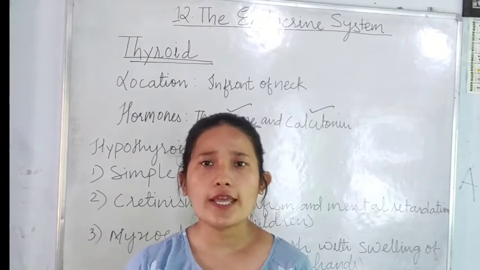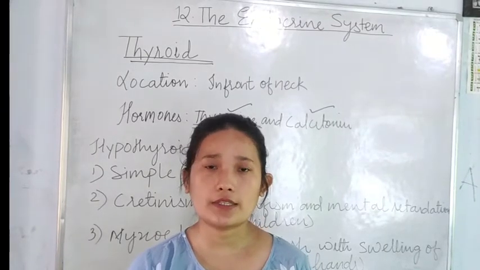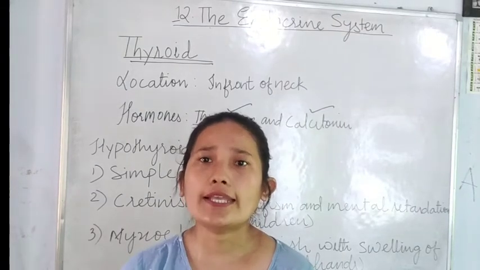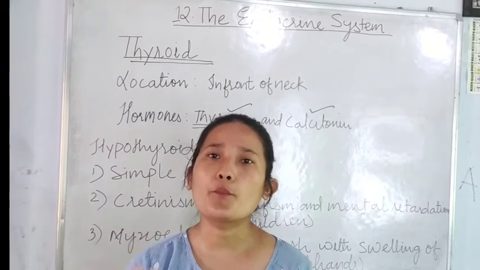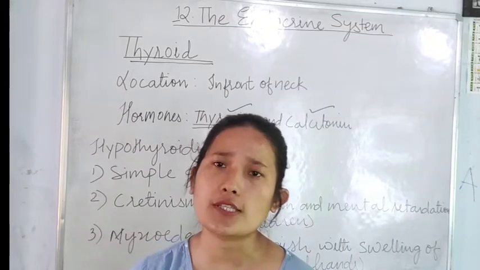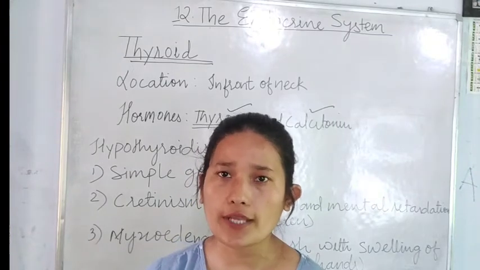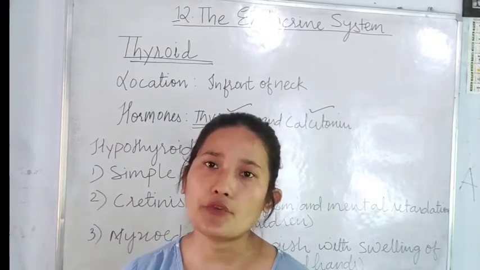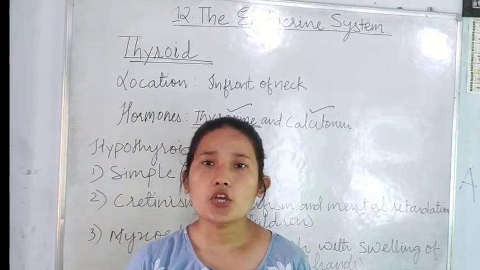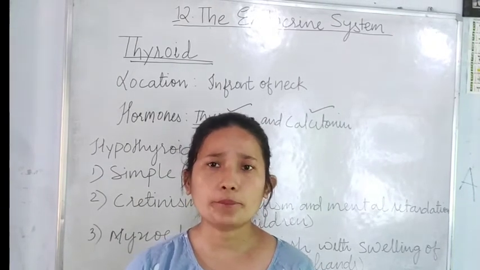You just go through the function. Calcitonin, the name itself suggests that it is related with calcium. Okay, so this calcitonin hormone lets the calcium ion move from blood to the bones, because we all know that calcium is very much essential in order to maintain the rigidity of a bone, right? So that movement of the calcium ion from the blood to the bone is done by your calcitonin. Okay, so understood the basic function of thyroxine and calcitonin.